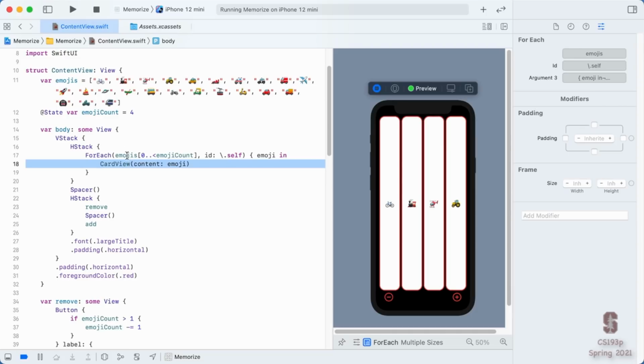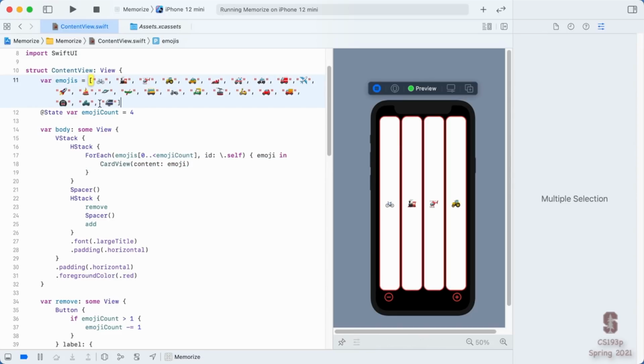It normally does this by requiring the things in the array to behave like an identifiable. Just like we say our structure behaves like a view, we could say that the things in this array behave like an identifiable. And all it means to behave like an identifiable is that you can uniquely identify that thing in the array from all other things in the array. Well, we're putting strings in here.